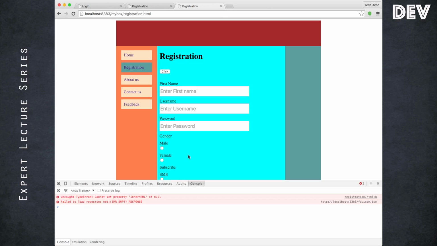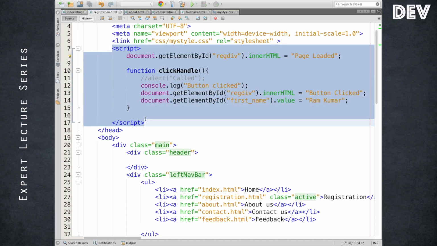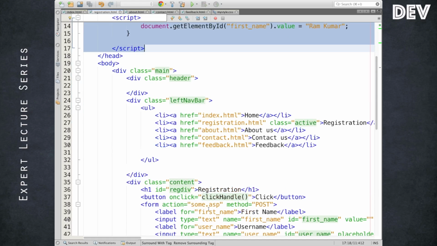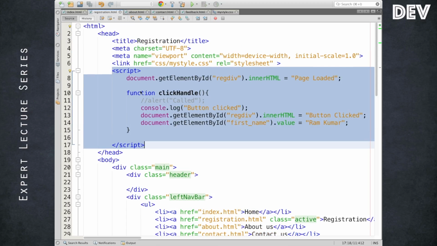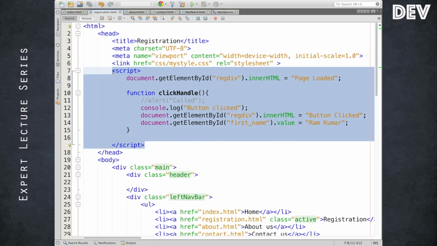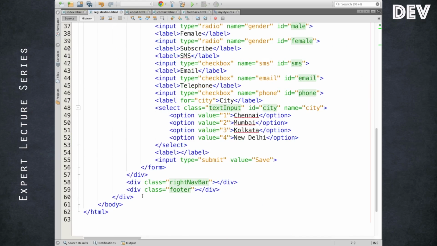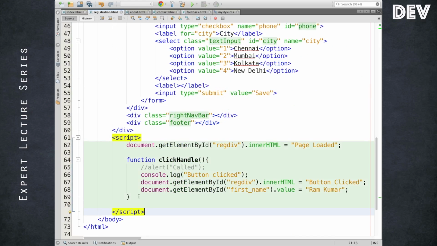Obvious reason, the placement. Remember, when this document tried to search for an ID called regdiv, it could not find it, because the script block executed first, and only after executing the script block were these DOM elements loaded. These DOM elements may not be ready while the script block was executed. So in that case, the script block placement is wrong. Better we keep it just before the end of the body.